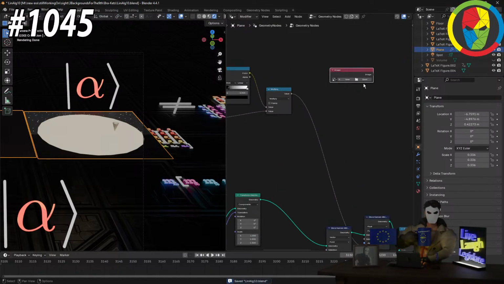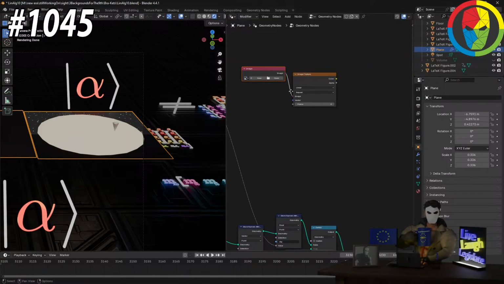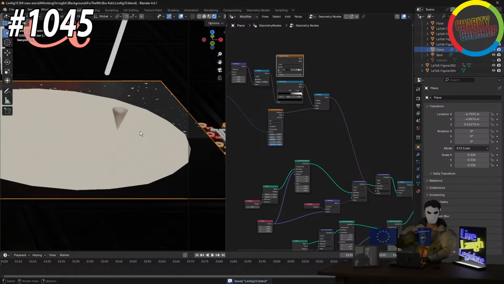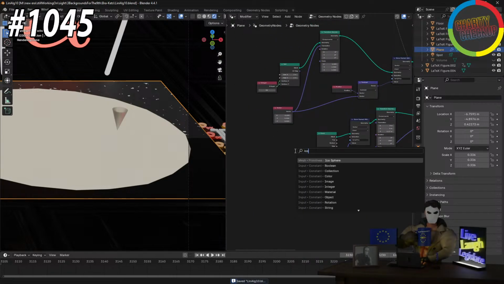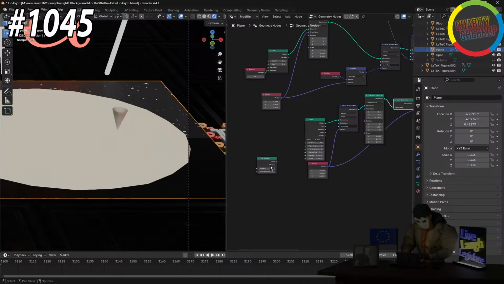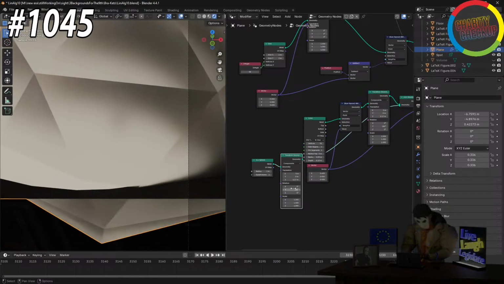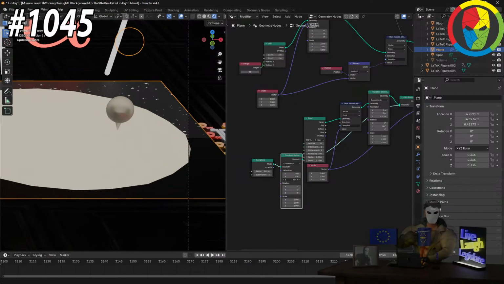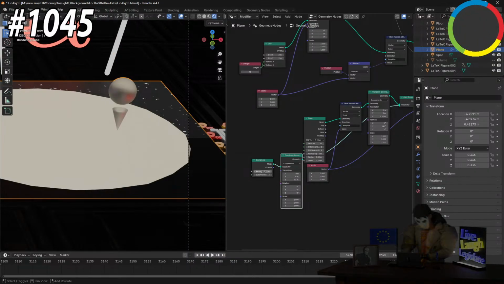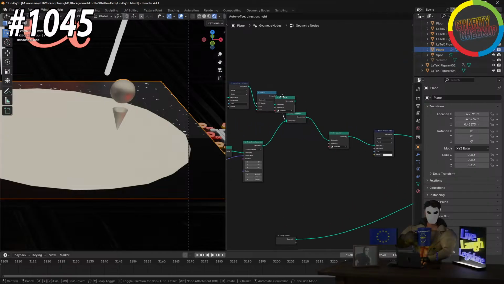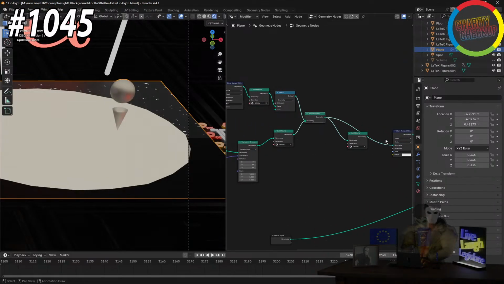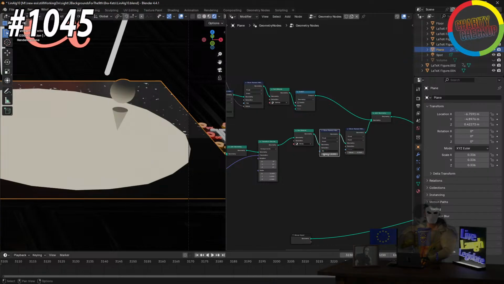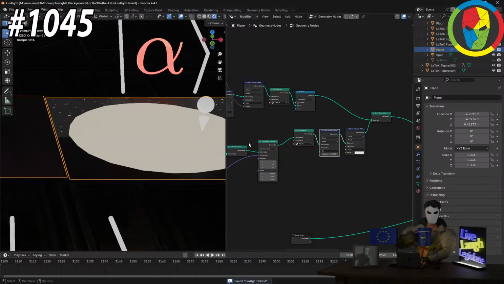And what we'll do is, we will image texture like this. And in this case, it's going to be the state image. The reason it matters that it's a state image is because this right here is going to have an icosphere on top. Like this. And also we should probably... there we go. And then